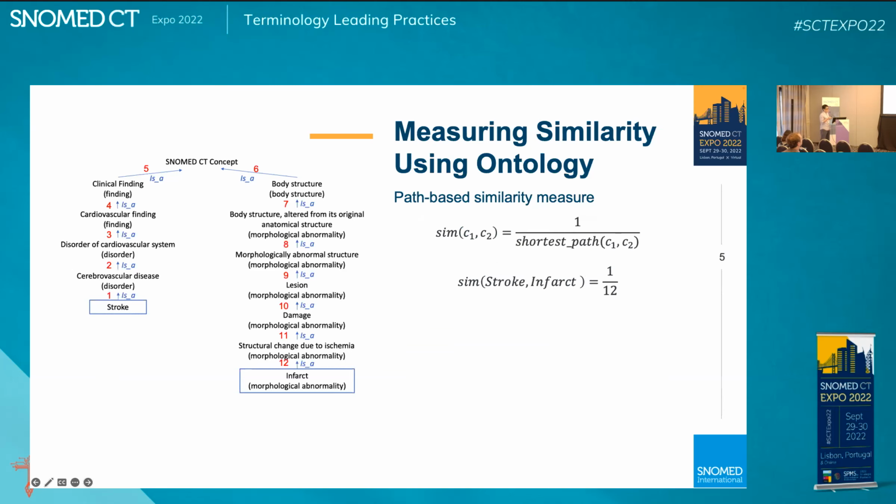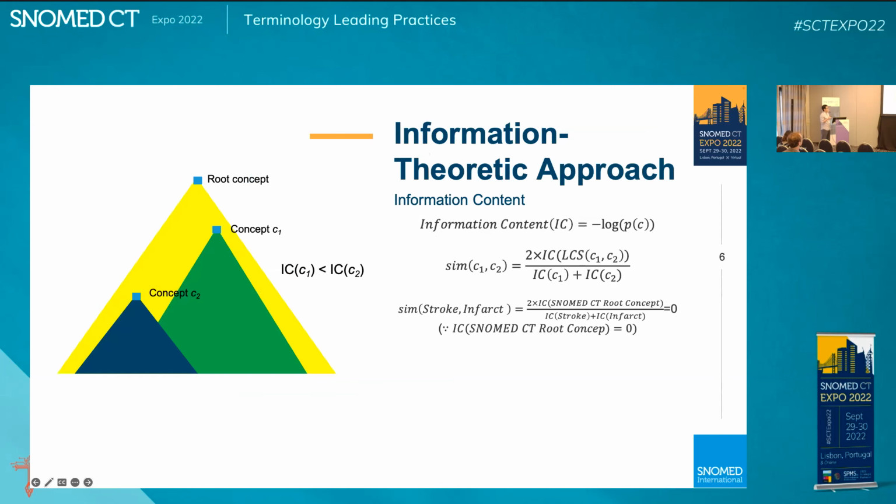And when we measure the similarity between the two terms based on the path-based similarity measure, which is defined as the reciprocal of the shortest path between two concepts, it is 1/12, which does not conform to our sense of similarity or relatedness. So to address the shortcomings of path-based measures, many information theory approaches were proposed, and most of them make